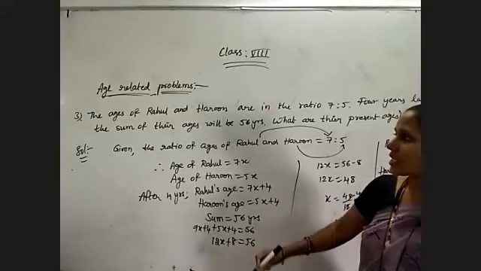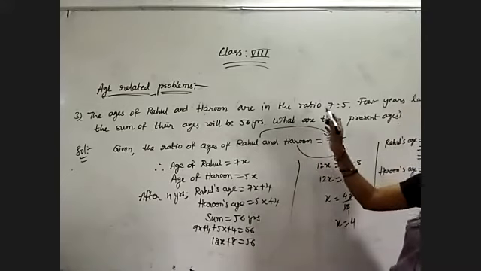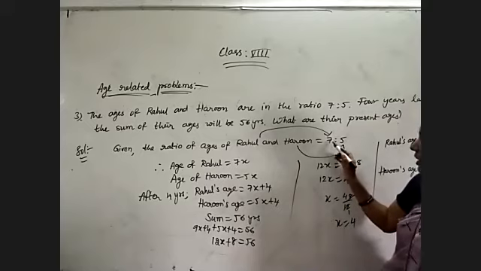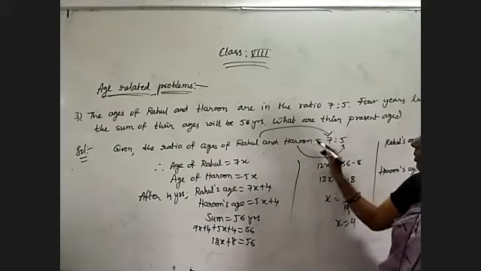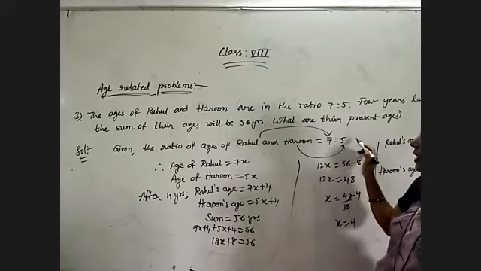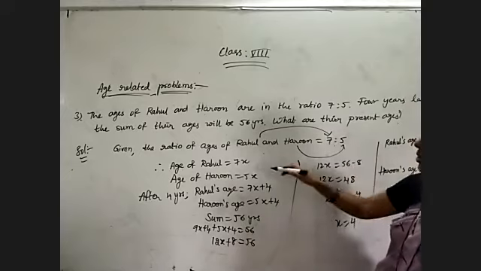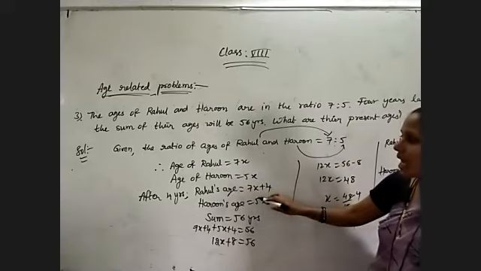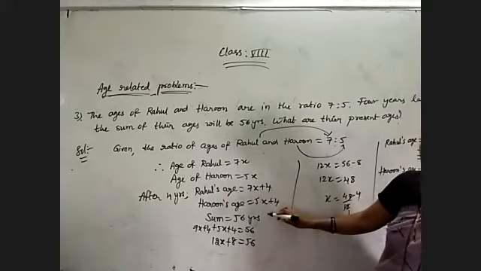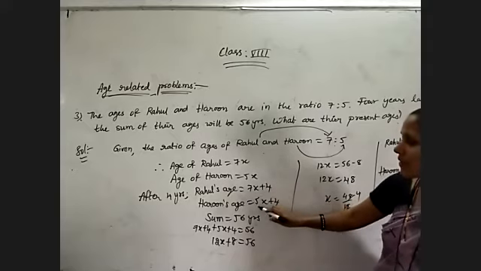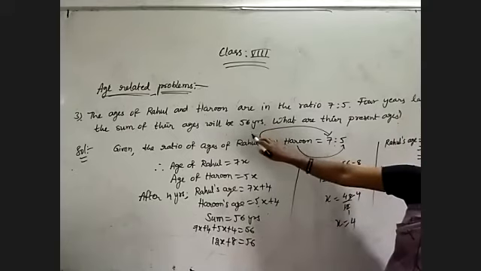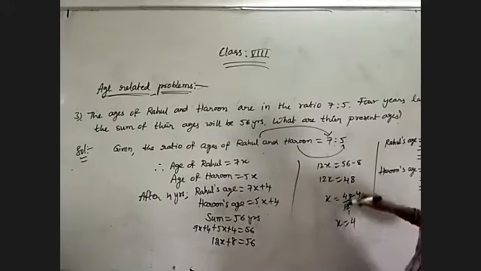Okay. So first of all, what is given? Rahul and Harun's ages are in the ratio 7:5. Whenever a ratio is given, it is very simple. They have a common factor. So Rahul's age means 7 into x, 7x, common factor x, and Harun's age is equal to 5 into x years. So Rahul's age after 4 years is 7x plus 4 and Harun's age is equal to 5x plus 4. Their sum, 5 plus 7, 12x plus 8, will be equal to 56 years. That is what is given in the question. So by simplifying that, you will get the x value.